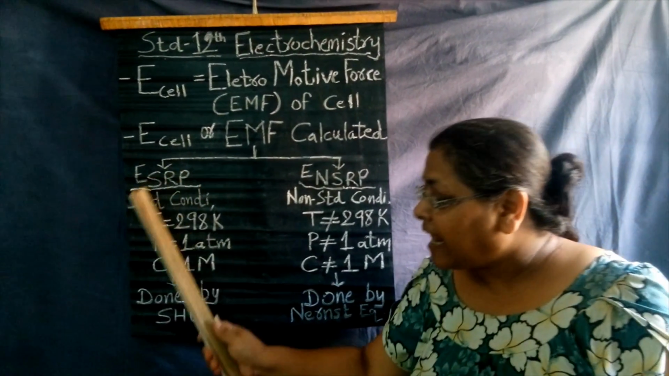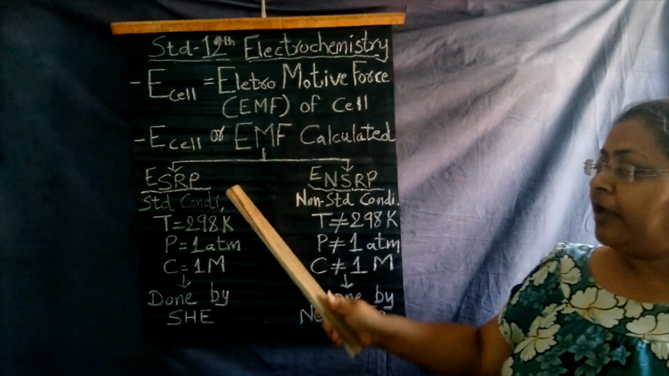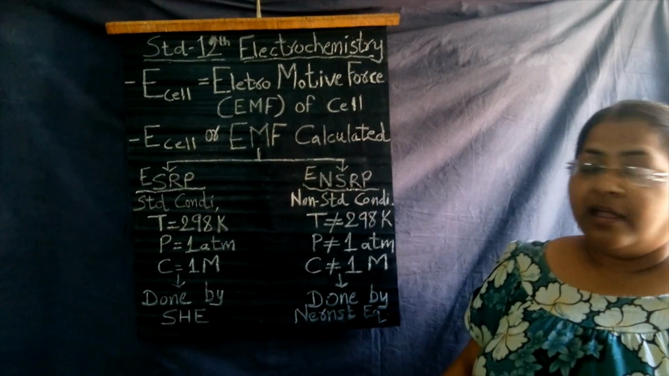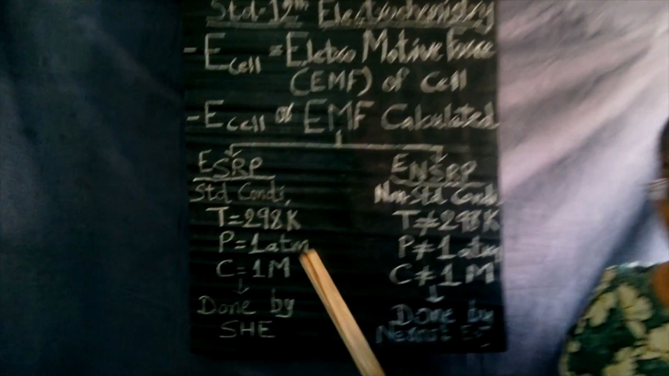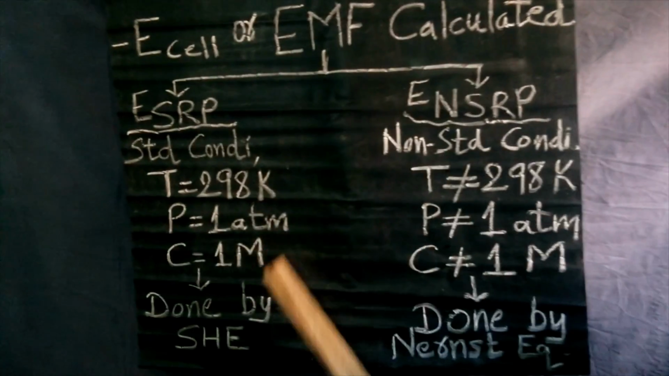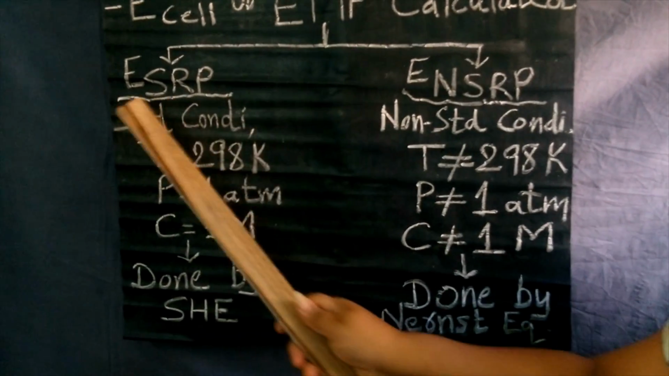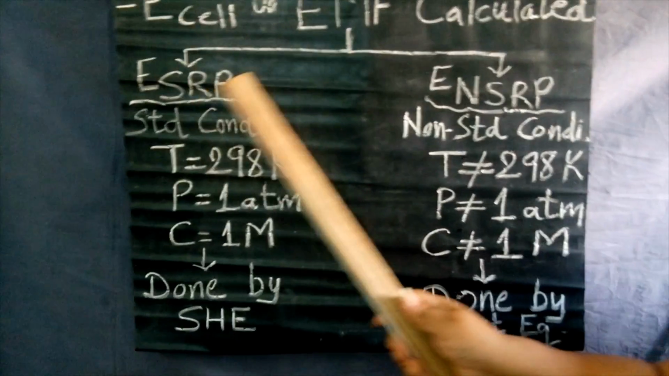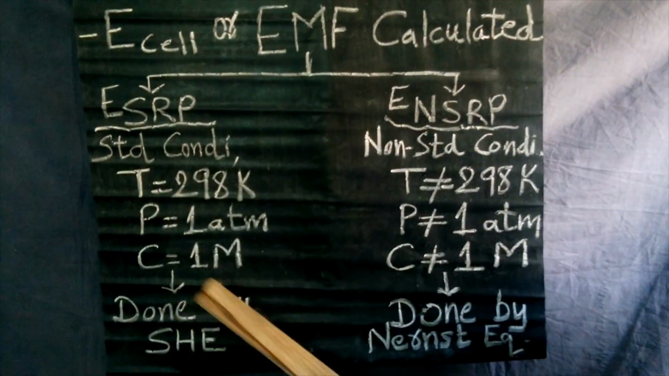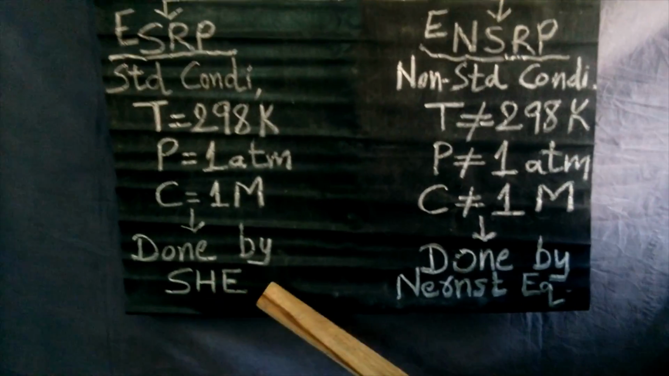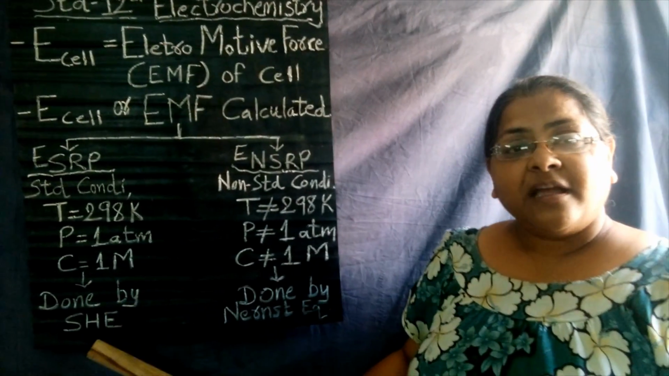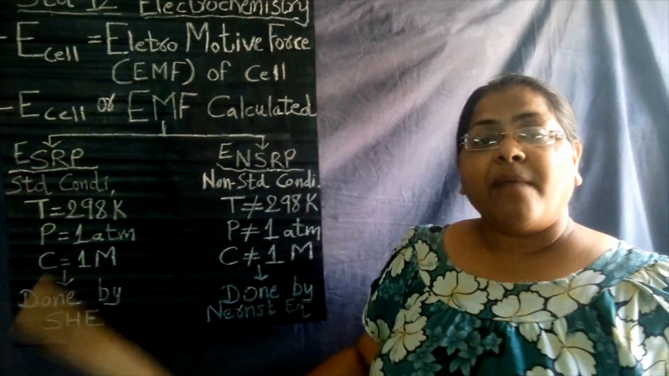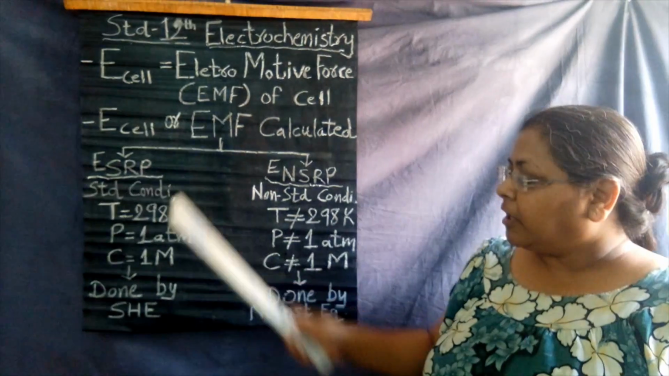When the cell satisfies all these three conditions, it is termed as a standard cell, and the value which we get is considered as the standard reduction potential of the cell. Now this standard reduction potential is measured by SHE, which is given to us as a measuring device by IUPAC. Now, on the other hand,